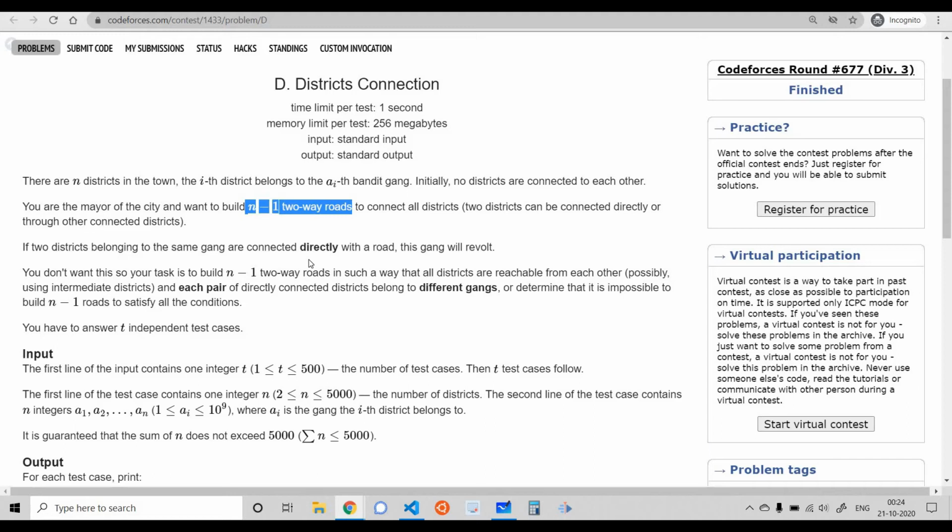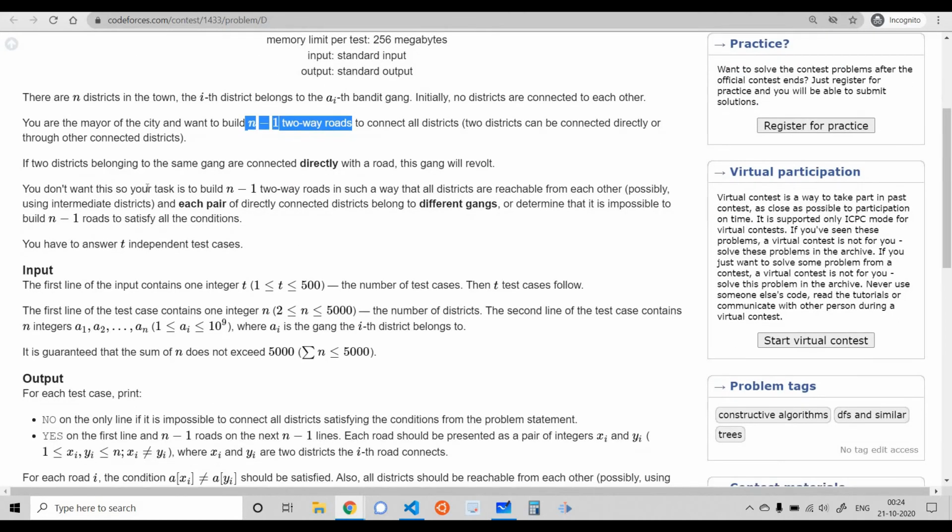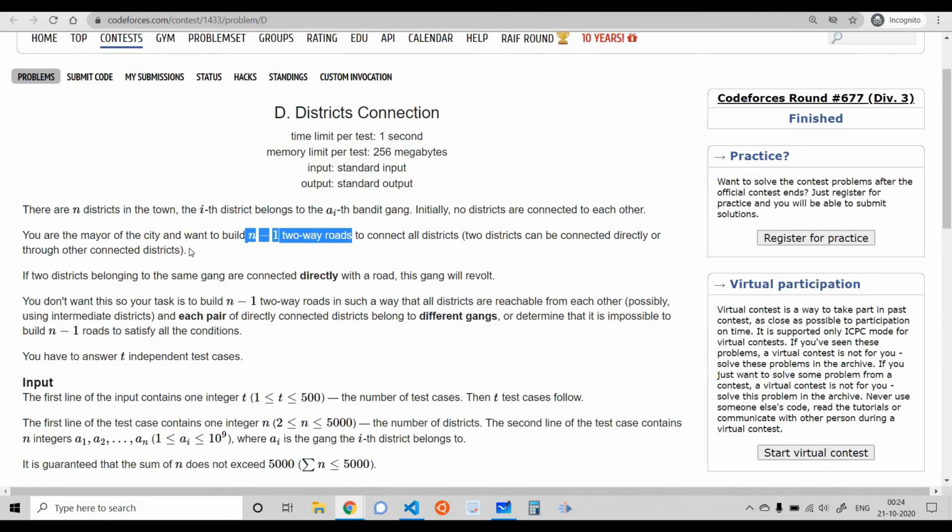We need to convert it into a tree, and we can only add an edge between two nodes if the values of those two particular nodes are not equal. In other words, two districts belonging to the same gang are not connected directly with a road. If they are connected directly with a road, this gang will revolt. We cannot have an edge between two nodes having the same value, technically speaking.